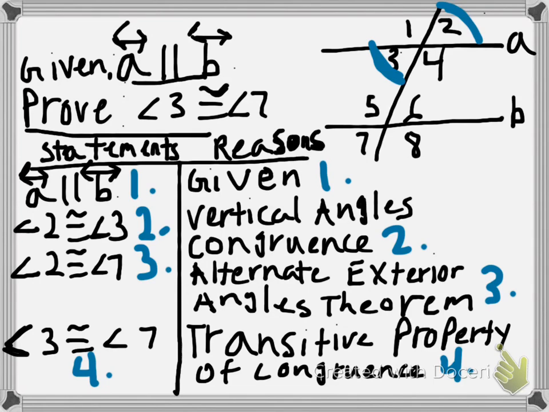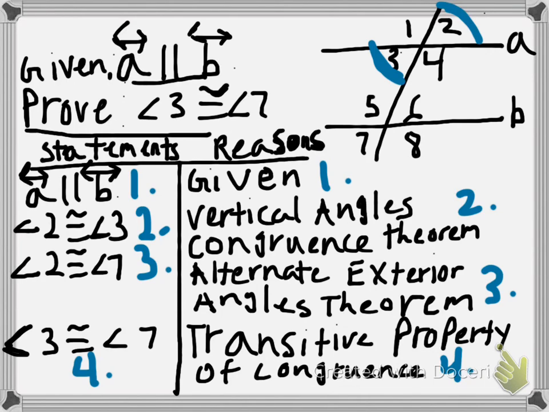I forgot to write the word theorem, so let me quickly add that in. Theorem. And this is step 2. Don't forget to write the numbers of the steps. Since I didn't have space, I wrote it after whatever I wrote, but you normally write the step number and then you write the reason or statement. So the second step was to say that angle 2 is congruent to angle 3 due to the vertical angles